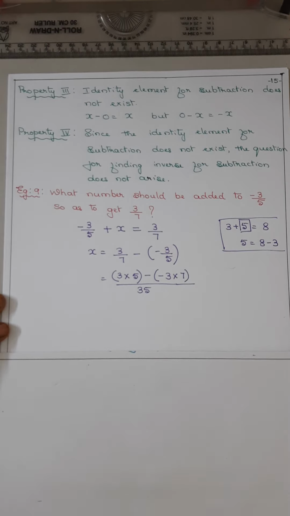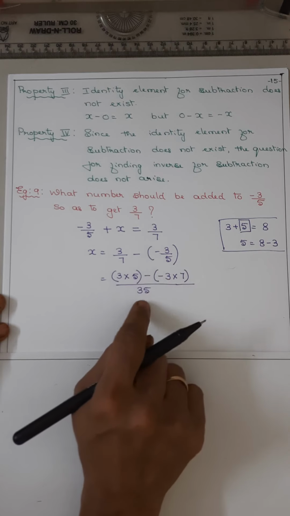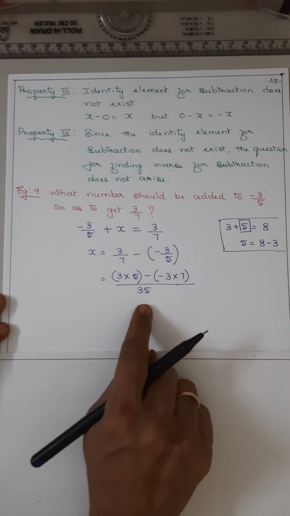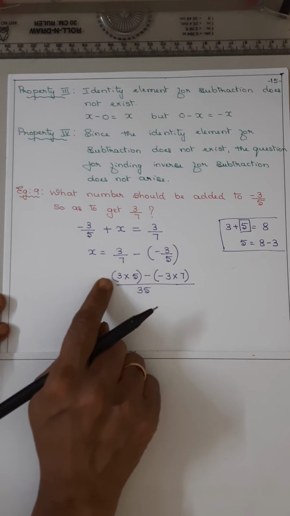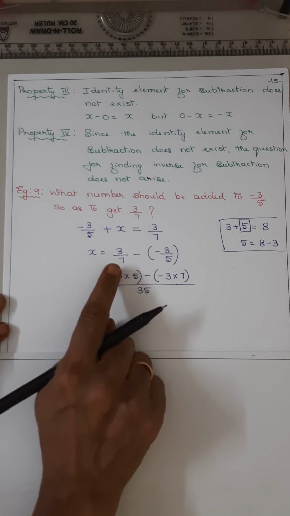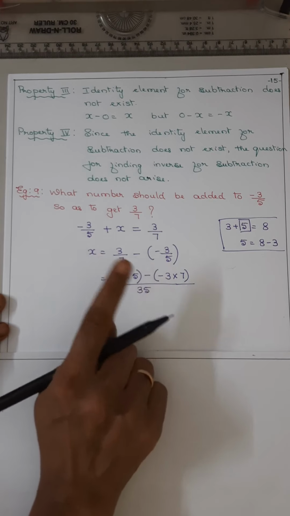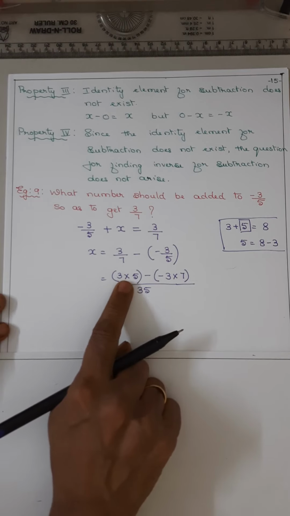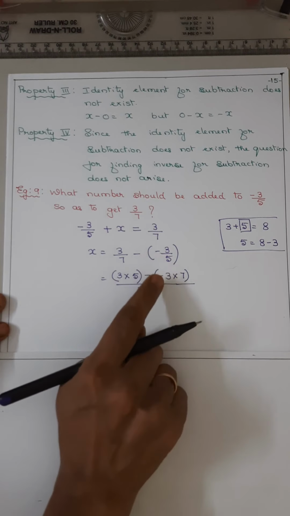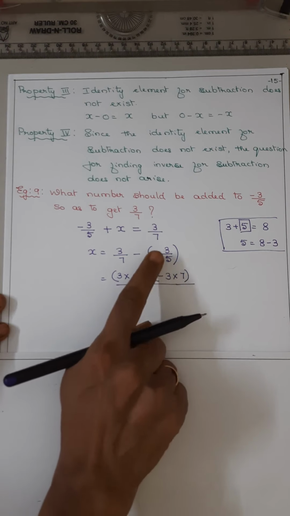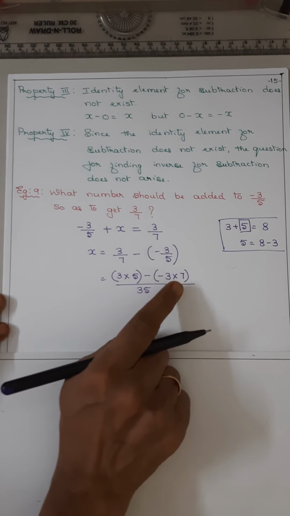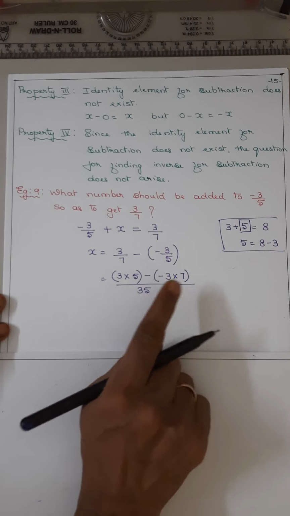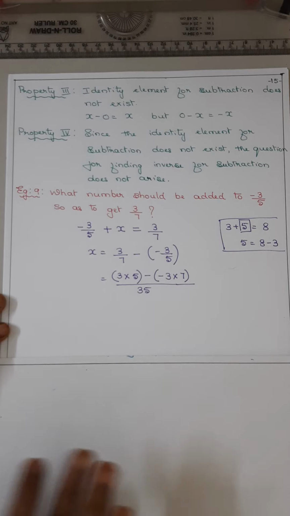समझ में आ रहा है ना? तो 7 एंड 5 का एलसीएम 35 है क्योंकि दोनों प्राइम नंबर हैं, जस्ट मल्टीप्लाई राइट वन टाइम. फर्स्ट नंबर का न्यूमरेटर 3 है, मल्टीप्लिकेशन साइन डालो, उसका डिनोमिनेटर को पूछो 7 हाउ मच जा 35? 5 जा. सो न्यूमरेटर को 5 से मल्टीप्लाई करो. अब इधर साइन माइनस है, ए बी साइन माइनस ब्रैकेट डाल के लिखो और न्यूमरेटर 3 लिखो और मल्टीप्लिकेशन साइन डालो. 5 हाउ मच जा 35? 5 7 जा, तो उसको 7 से मल्टीप्लाई करो. होप इज इट क्लियर?